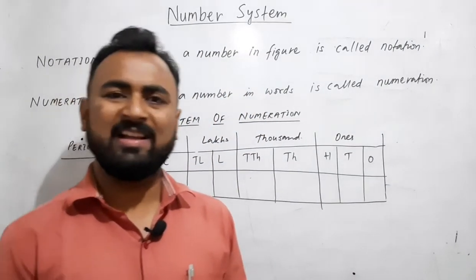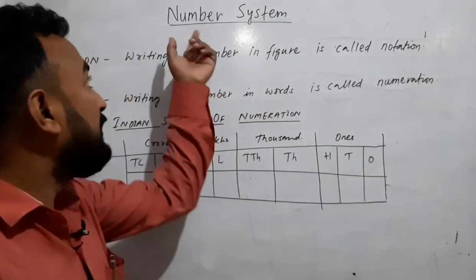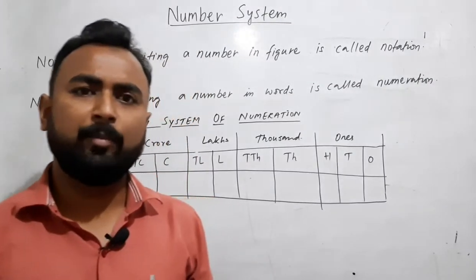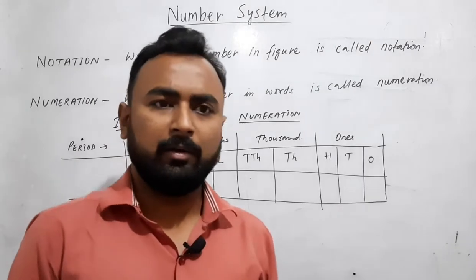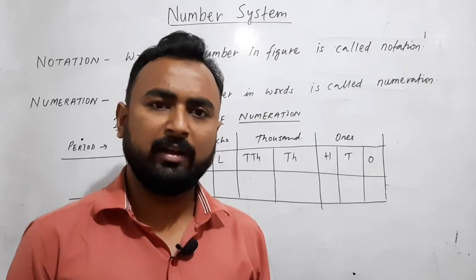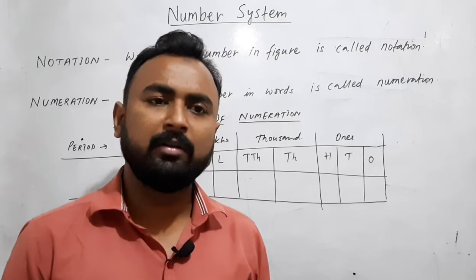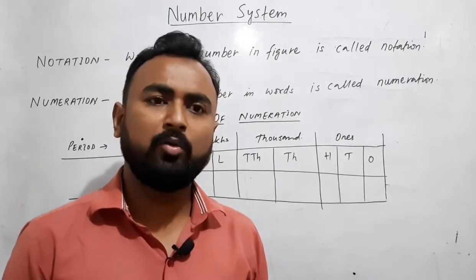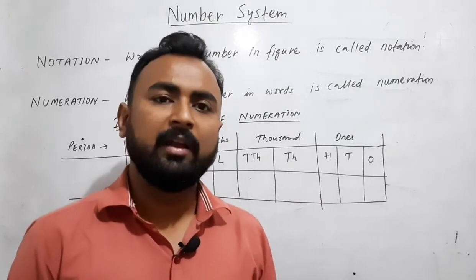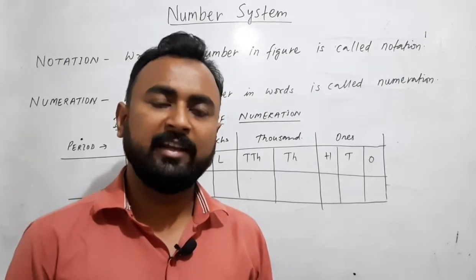Today I am going to teach you class 6 mathematics, that is chapter first, number system. So here it is number system. First of all, number is the most important thing in our daily life. You have already learned in your previous classes, class 4 and class 5, about numbers. There you learned how to write a number in words and how to put a comma according to the Indian place value system and international place value system. Here you have to learn about the same topic but in expanded form.